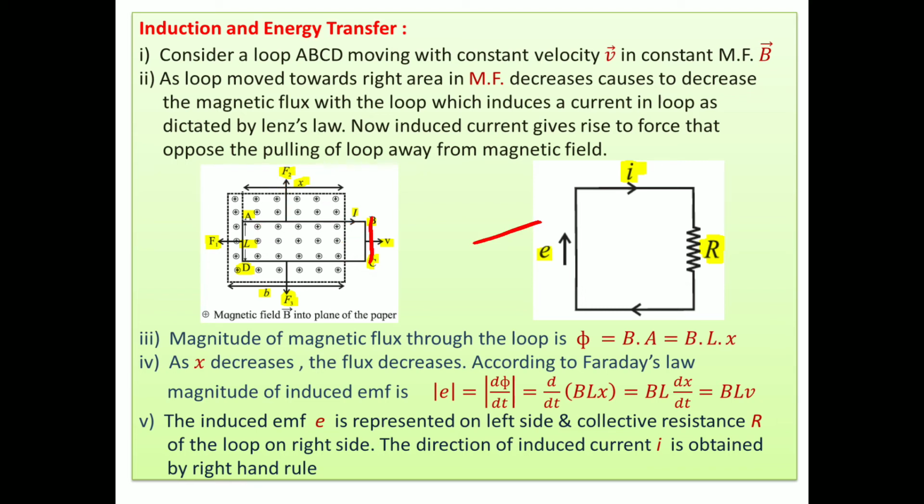And thereafter we go through section CD. In section CD, again the magnetic field is inward by the middle finger, the thumb is pointing the force downwards, and the current is on the left side. Okay, F2 and F3 are equal and opposite, so they cancel each other. But now in section AD, this force F1 is acting in this direction, and it opposes the motion of the loop.